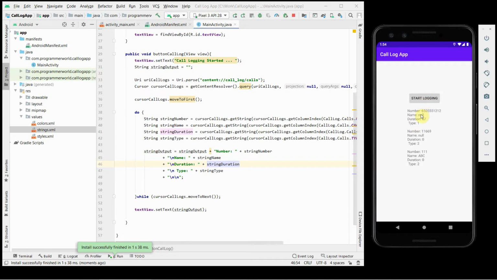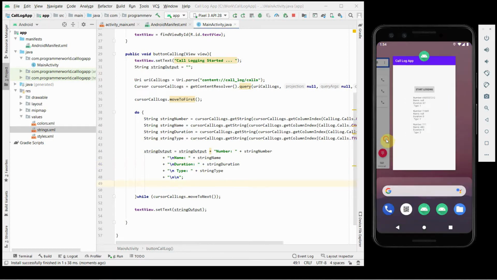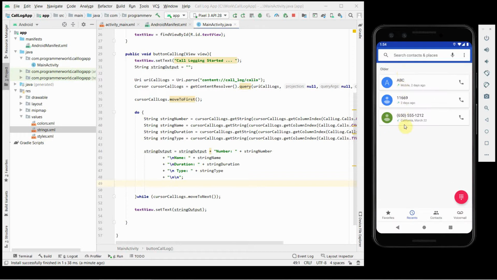Perfect. So this is exactly what I was expecting. I'm getting all three call log entries. So I go back to my calls which I showed already. The three calls made: one is of course with a saved number, ABC. There is some number behind it, and then there are two numbers which are not saved. There is one incoming call and two outgoing calls. And let's see what happens.